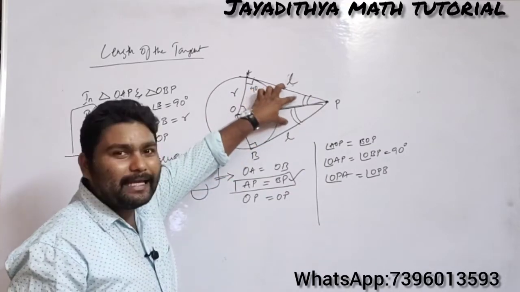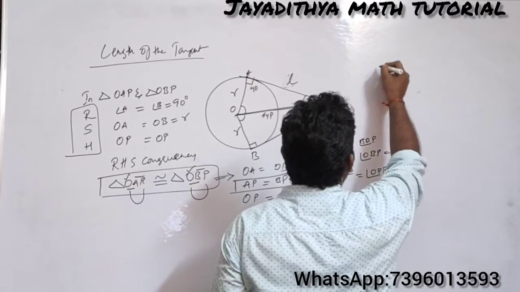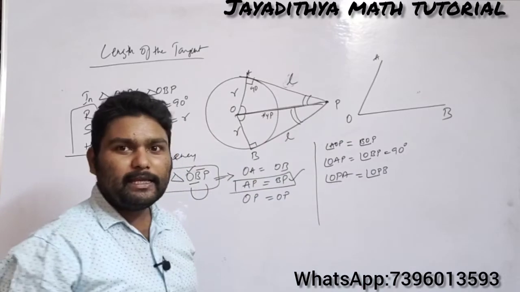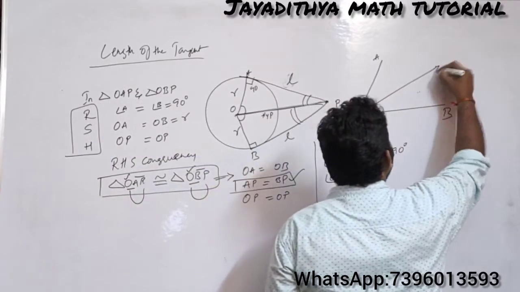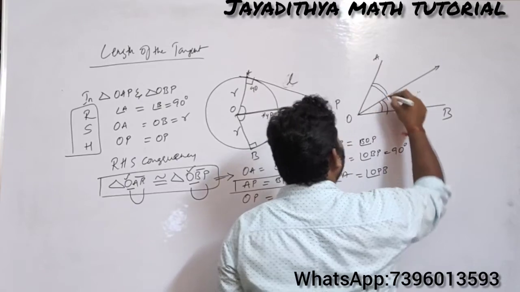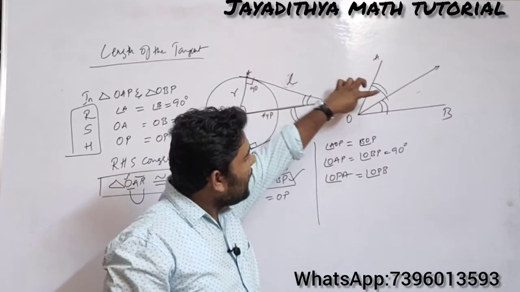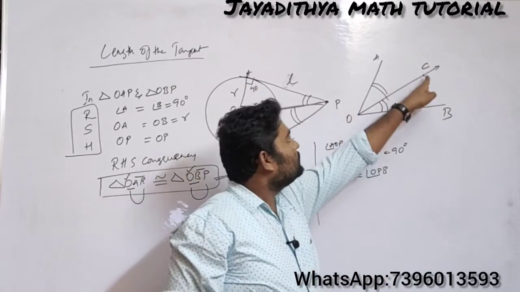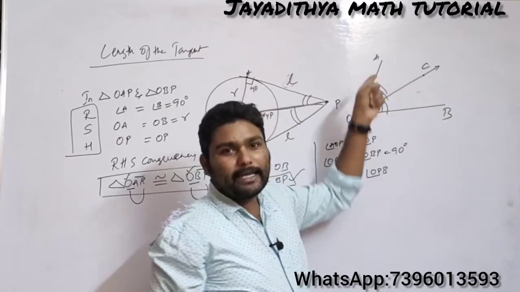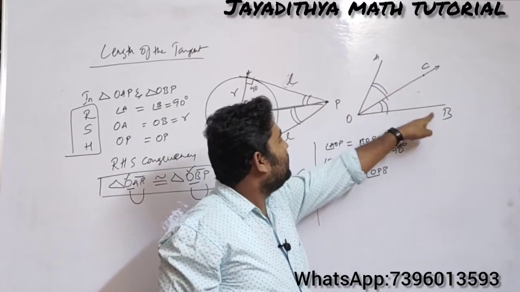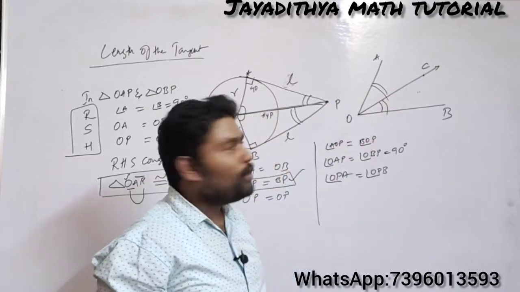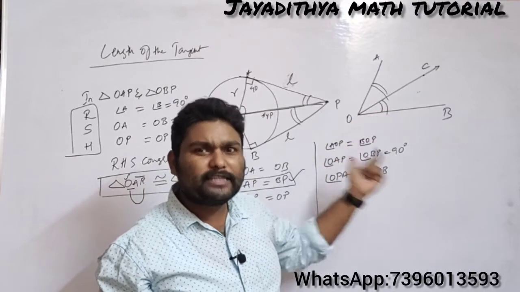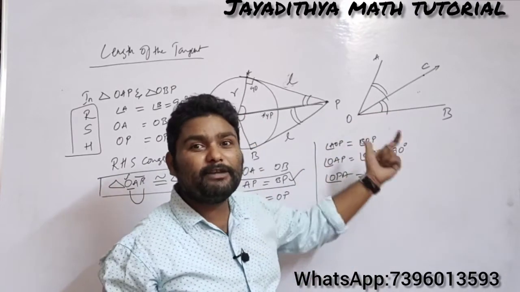Clear now? Let me explain one more concept. For example, this is angle AOB. If I draw a ray such that it bisects the angle, let me take a point here. I am drawing a ray here, that is OC. So COB is equal to COA. I have drawn OC such that BOC is equal to AOC. If both the angles are equal, what will you comment on OC? Definitely OC will be the angular bisector, right?